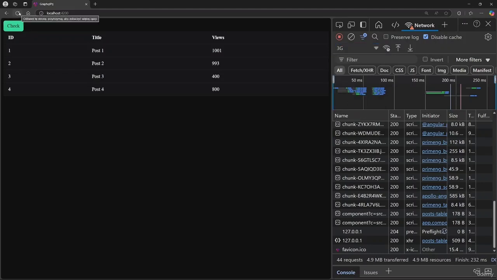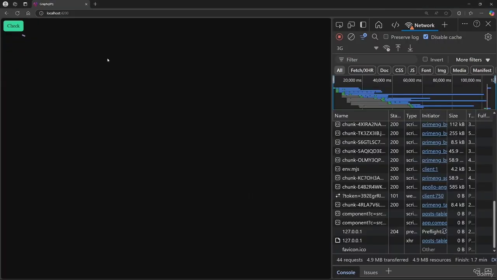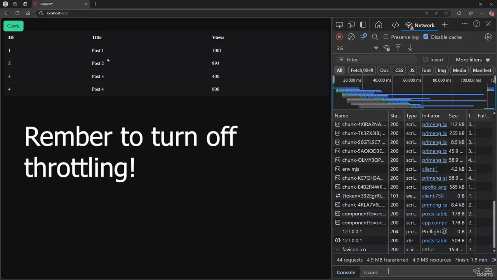Once that's done, refresh the page and wait for it to load. As we can see, after waiting some time, the spinner appears, indicating that data is being fetched from the backend. Then, once the data is loaded, the spinner disappears, and the table with all posts is displayed correctly. So now we've successfully added visual feedback to show users that something is loading in the background, which improves the